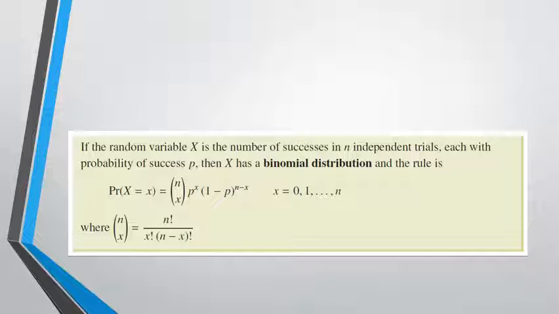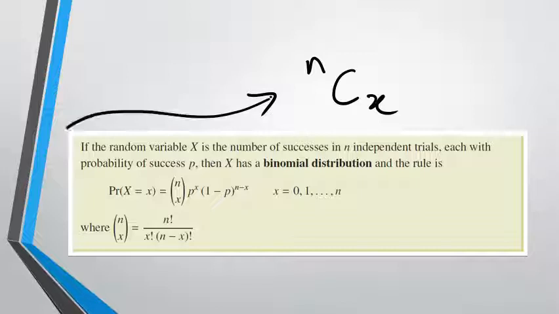Now, I want to make one little note about this, which is this section here. That is actually nCx. Okay? Otherwise, you might notice that everything else is pretty much the same. So what we did yesterday was we were looking at combinations. This is actually just a combination part multiplied in the front, and then you have these other bits which I'll quickly explain. So P stands for probability